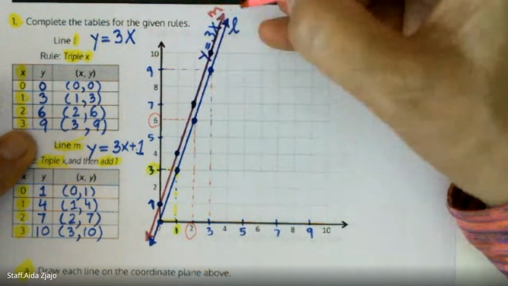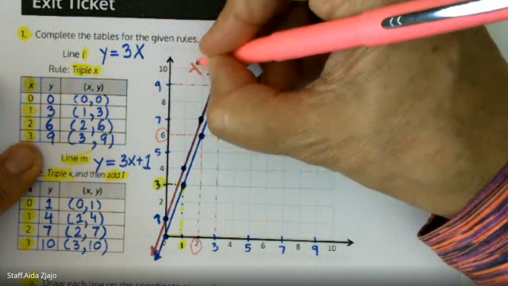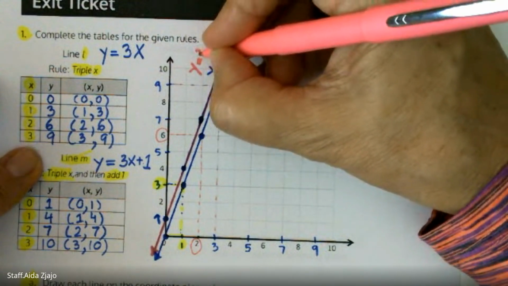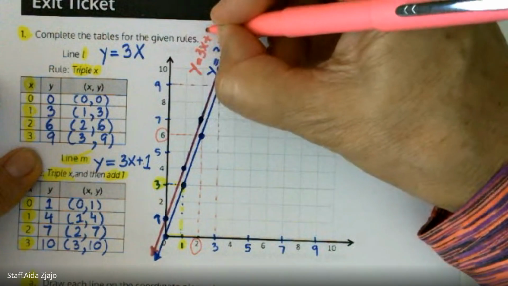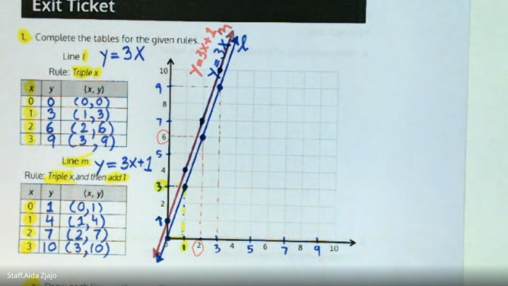I'm going to write above. So M, if I look at M, y equals 3x plus 1. So they have the same slope. The lines are the same. And then